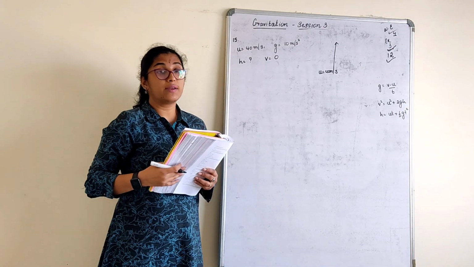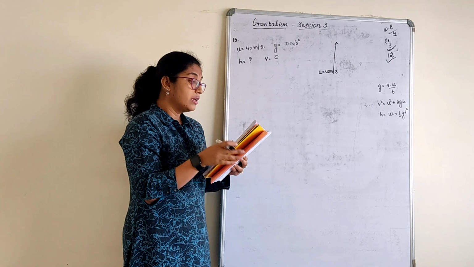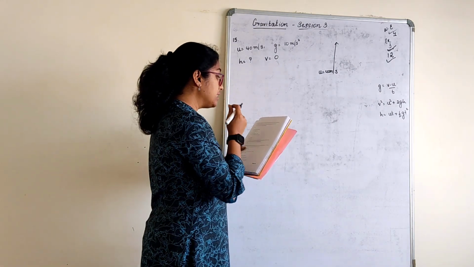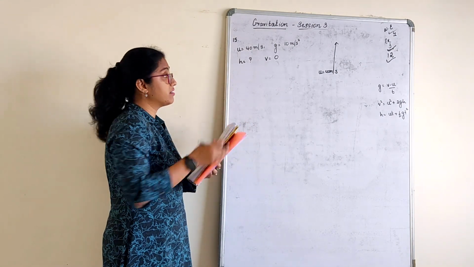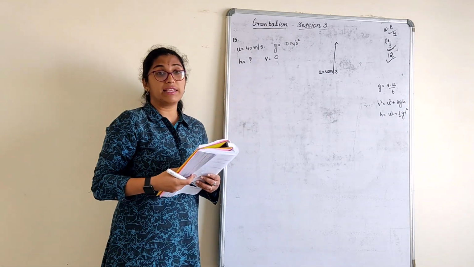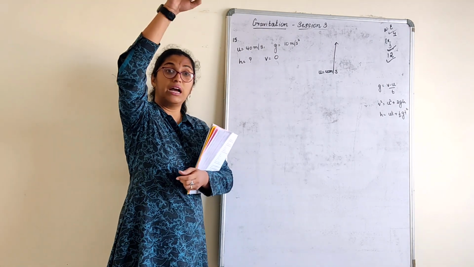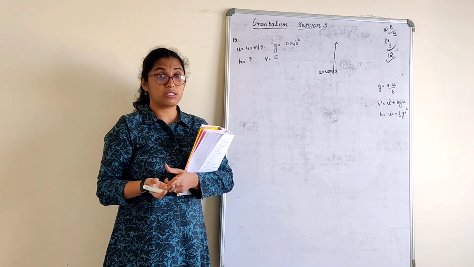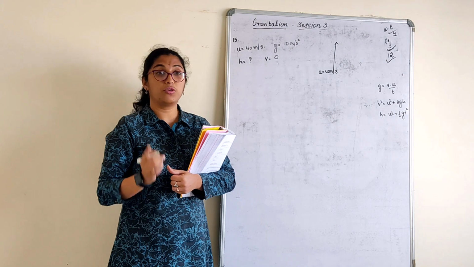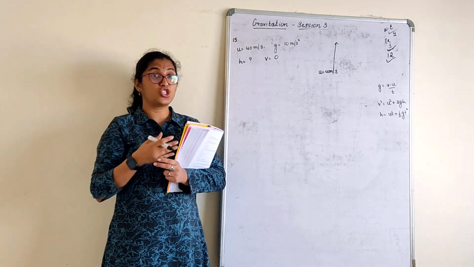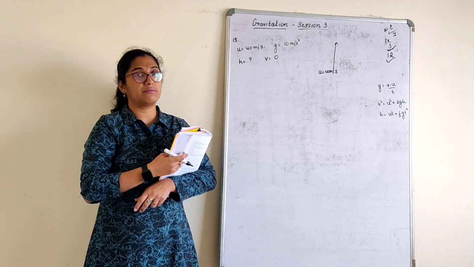Children, here you should know at what time u is 0 and at what time v is 0. Then what is the net displacement and total distance covered? That we will write later. A stone is thrown upward, it will fall down after that. For total distance covered, it has to come down. Remember in the first chapter we learned about displacement and distance traveled? Yes, we have a slight combination sum here also.